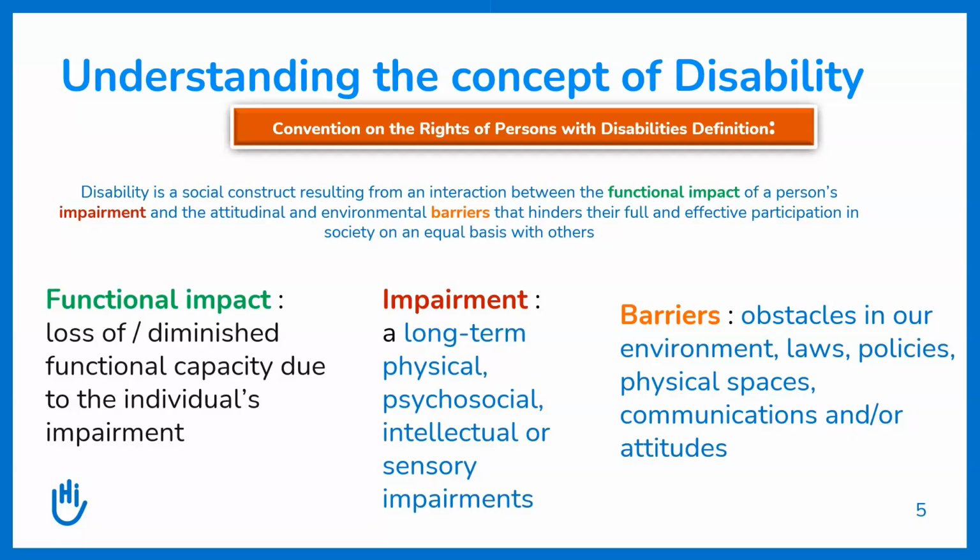And the document defined disability as an evolving concept that is not static, depending on the context that you are in, or the society, it keeps evolving. So to understand it better, it defines disability as a result of a functioning impairment coming into contact with barriers or obstacles. Then the experience that comes out of that is disability. When I say functioning impairment, I'm referring to our body function. For example, the ability to see, the ability to walk, the ability to talk, the ability to think